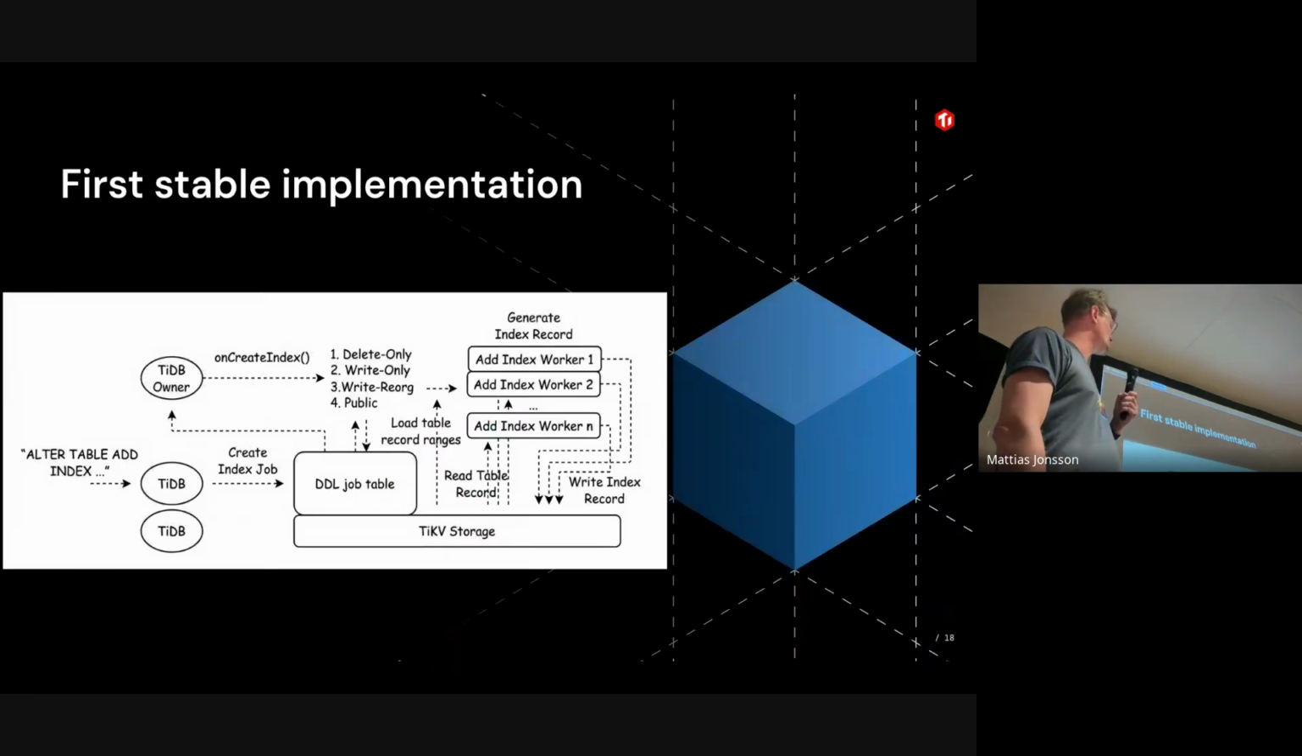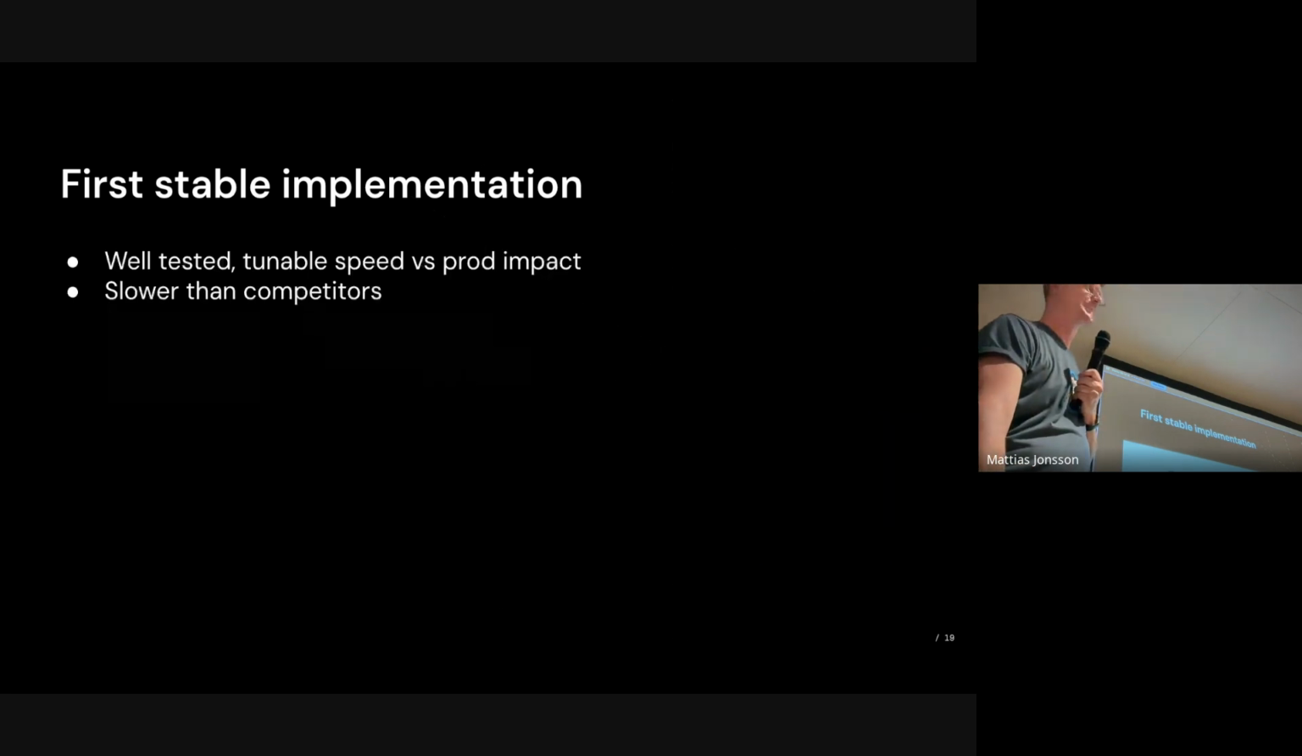So then back to the DDL system. I'm not going to go into great detail on this. The point with the first implementation is that we used small transactions for just reading the rows, extracting the columns for the index, and writing it down to the new index, basically. And this was very stable, worked easy, was well tested and so on. But it was a bit slow, actually, because